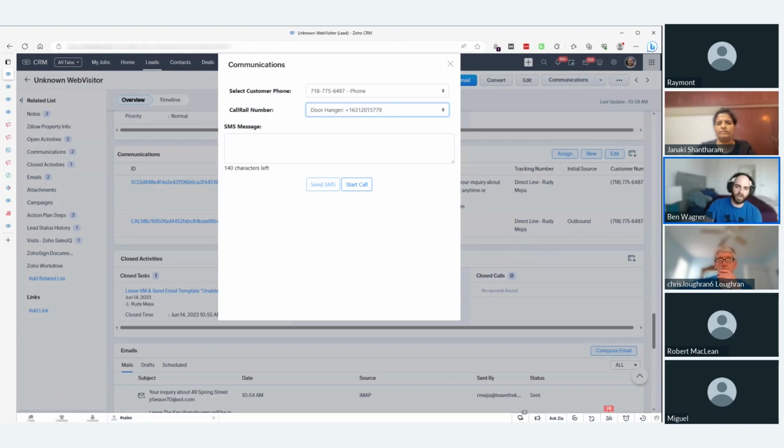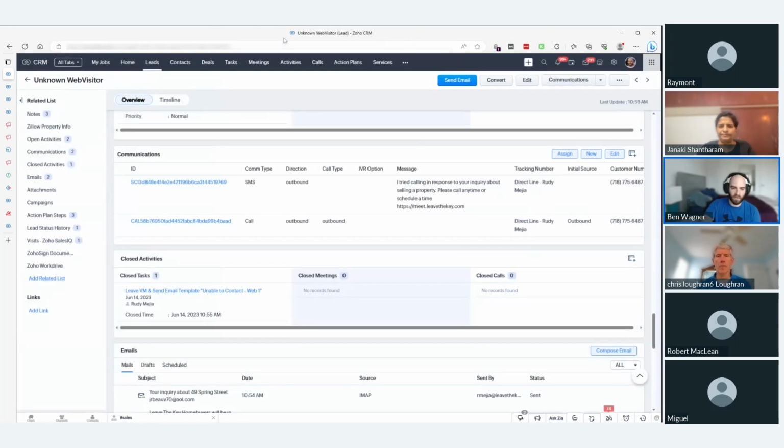So we could choose where the number goes out from. We could type in a message, hit send, or similarly, the way CallRail works is if I hit start call, it will call my cell phone and then ask me to press 1 to connect with the customer. We don't have a click to call type of functionality because CallRail doesn't have that. So this was kind of the next best thing to make it easy to make some outbound calls to our